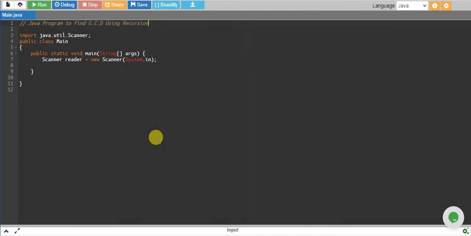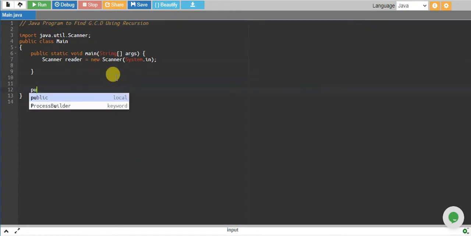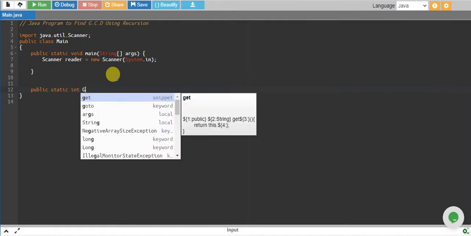In this tutorial, we will write a Java program to find GCD using recursion. We already did a program to find GCD, but that was a non-recursive solution, and this time we will do so by using recursion. So let's write a function public static, and it will return an integer,